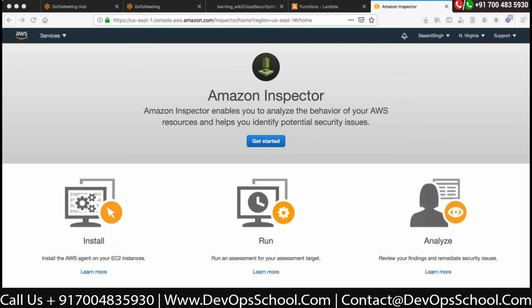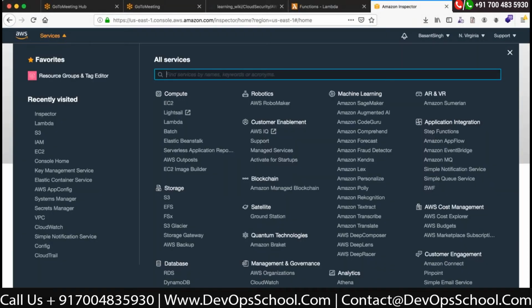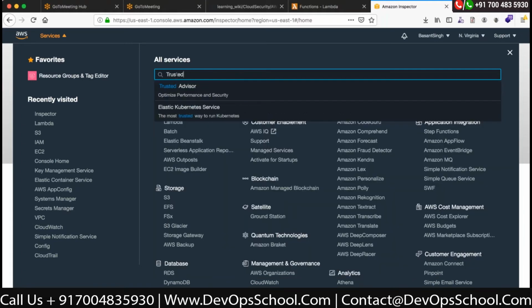The next we have is Trusted Advisor Service. From the point of security, you can look for the port security groups, the ports which are open on a security group. So it is also a monitoring service, but basically Trusted Advisor gives you the information